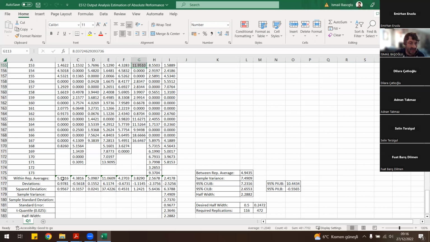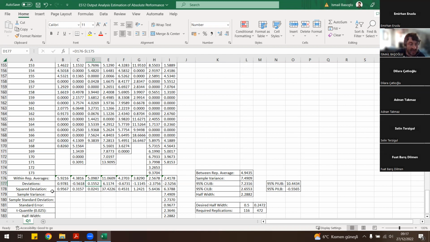Here, in this cell, I am calculating the average waiting time for the first replication. And in the next cell, I am calculating the average waiting time for the second replication. Now, I should change this to 173, but it does not make any difference in the results, my friends. Even if you take the empty cells here, if the values are not 0, they are not going to be introduced in the average in Excel. But what you can do is simply exclude them, which will not make any difference. So here's the thing. For every replication, I calculate the within replication averages.